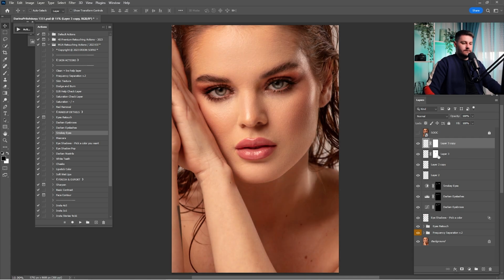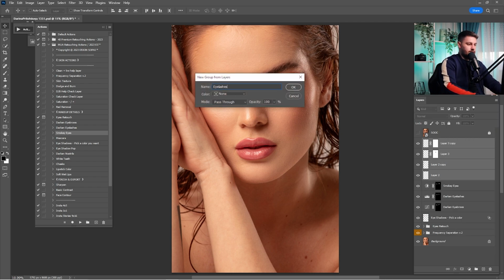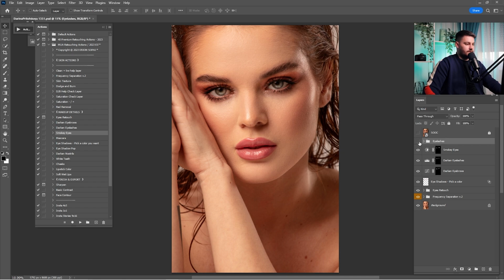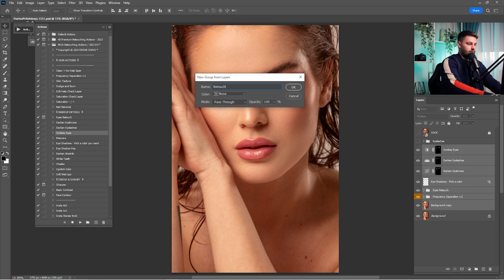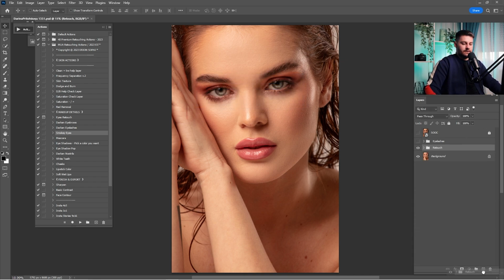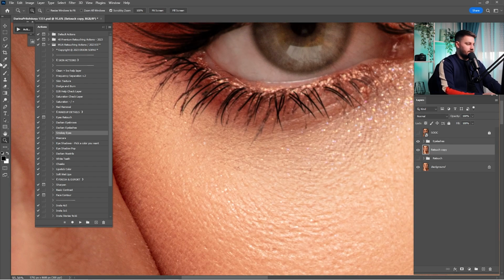So I'm just gonna make a group and rename it eyelashes, and here we have them before and after. I'm gonna make another copy of the background and click shift and click here and just group them and rename the group retouch. I'm gonna create another copy of that and right click, merge the group to a single layer, because I'm going to clean the lashes that are in the original. So I'm gonna click here on the spot healing brush tool and just remove some of them,